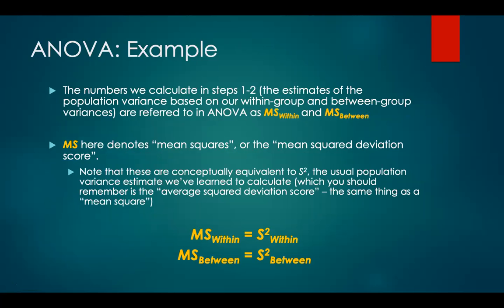So the numbers we calculated in steps 1 and 2 were the estimates of population variance based on our within group and between group variances, which are referred to in ANOVA as mean squared within and mean squared between. MS denotes mean squares, or the mean squared deviation score. But note that these are conceptually equivalent to S squared, the usual population variance we've learned to calculate,